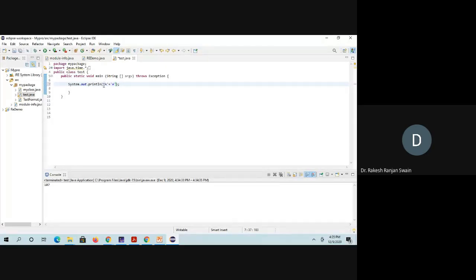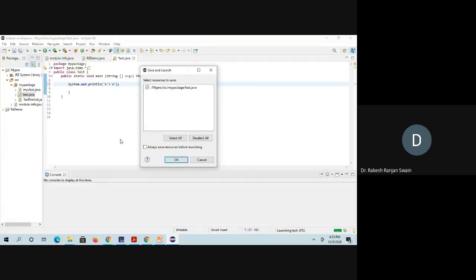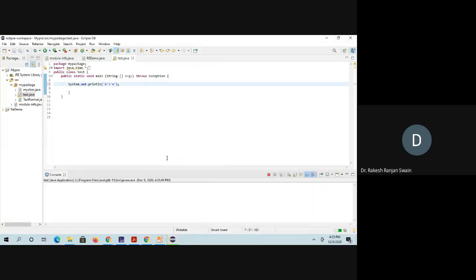For capital A it is 65, again capital A it is 65. So 65 plus 65 is 130. We expect the result to be 130. Here, see, the result is 130. Whatever character you mix with an integer, it gives an integer, because the ASCII value is added and the result is displayed.